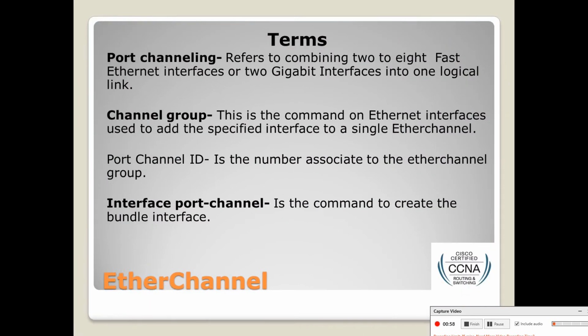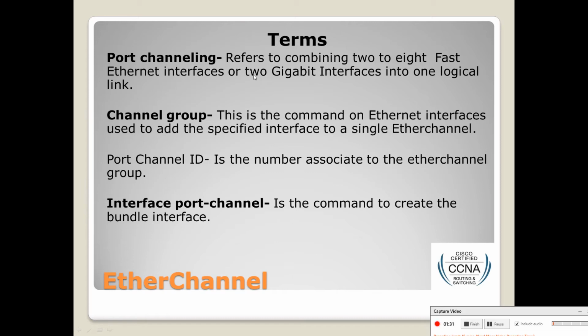A couple of terms we need to know before we go into the lab. Port channeling refers to combining 2 to 8 Fast Ethernet interfaces or 2 gigabit interfaces into one logical link. So for Fast Ethernet, where the bandwidth is 100, we can group 2 to 8 interfaces, no more, no less. For gigabit interfaces, we have only two